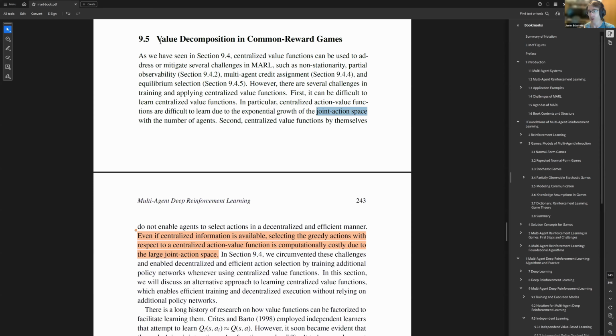And we saw that with other types of games, sometimes the value function is not sufficient to even compute a solution. Here, that is not going to be the problem. The problem instead is going to be that evaluating a value function over the whole joint action space may be too